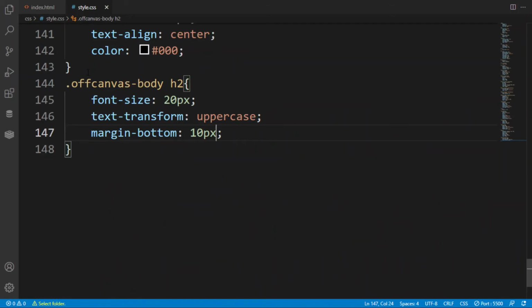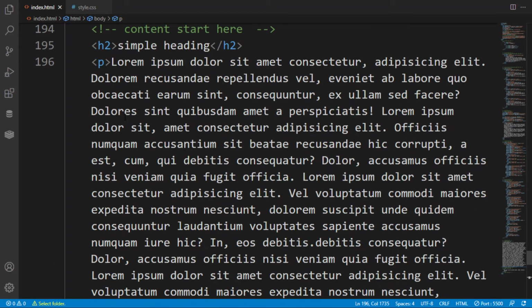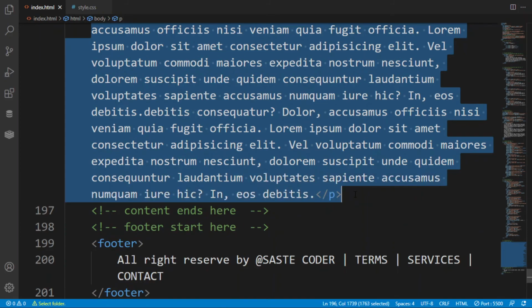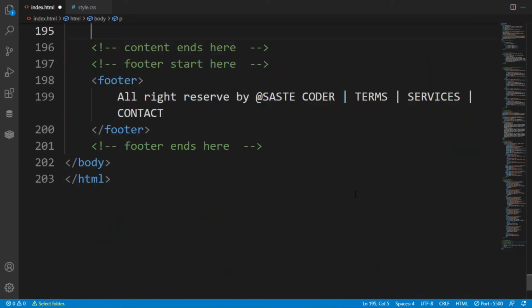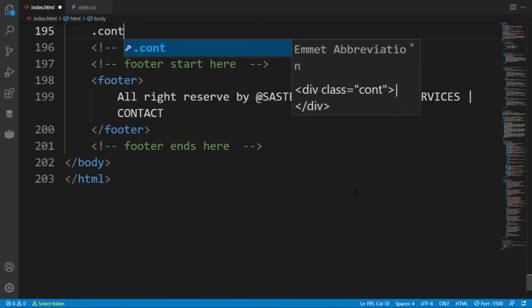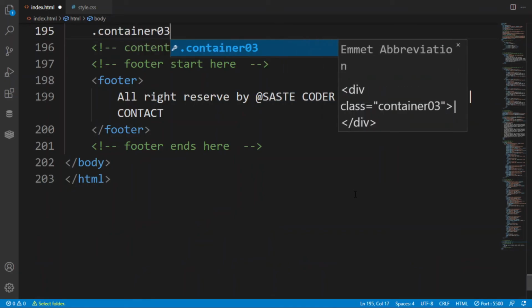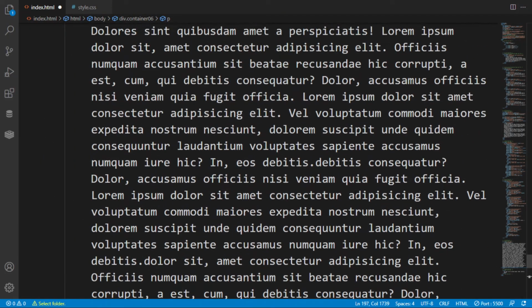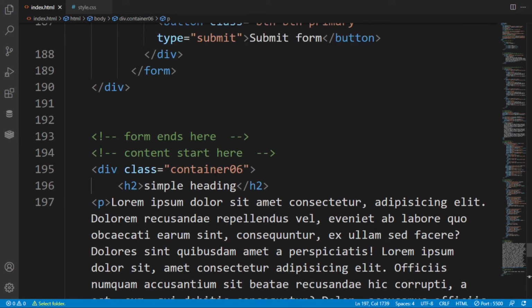Now here in the style.css, I want this thing to be in a container so that it will be easy to style. So container 6, till now we have created 6 containers.